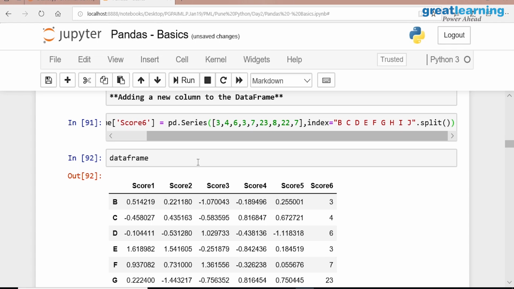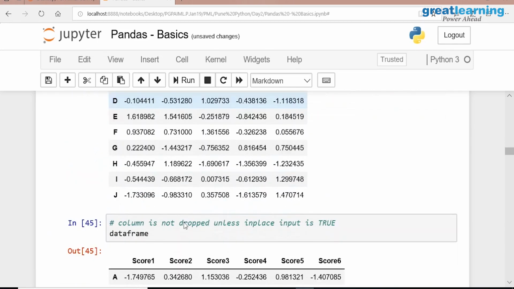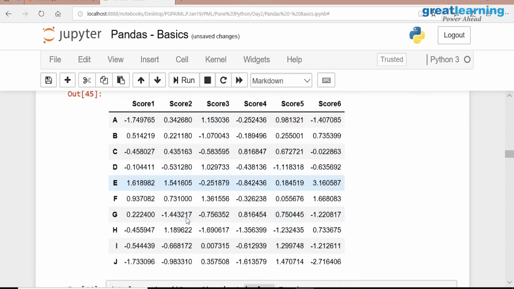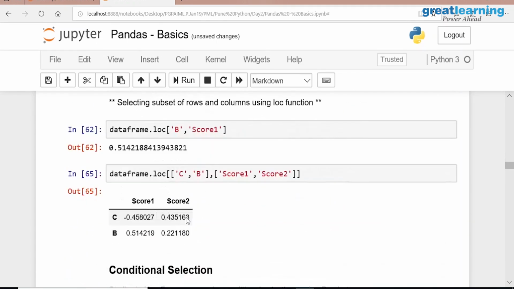For a new programmer, what will I do? I am trying to add something. A list I am not able to add. Then I realized I can add only a series. But when I am adding a series also, when you are adding a new series to an existing data frame, the indexes should match. Otherwise, it will not know how to add those values. The other way is reset the index and then create a new index. That's what we are trying to understand now. Clear?